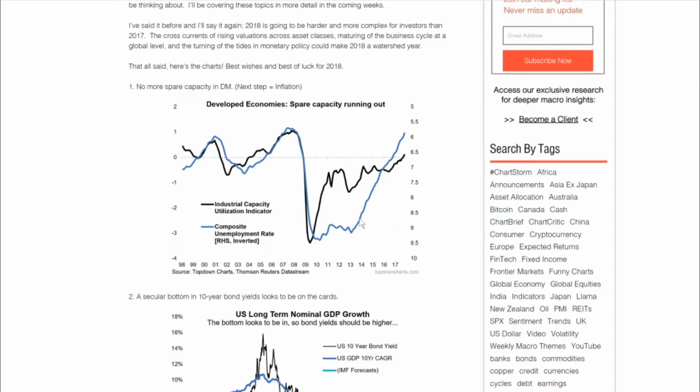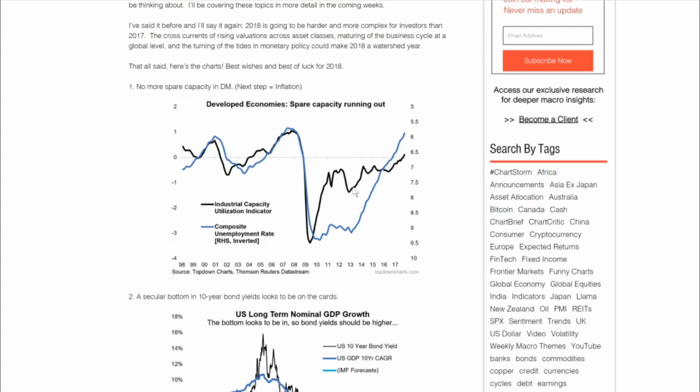And the same thing on the unemployment rate, which is inverted to line up with that. So this is the composite unemployment rate showing inverted, and what that shows you is that the labour market across the developed economies is looking as tight as it was at the top of the last cycle. So what this really shows you is a maturing of the cycle, a tightening up of capacity, and it also helps explain the whole mystery of the missing inflation,